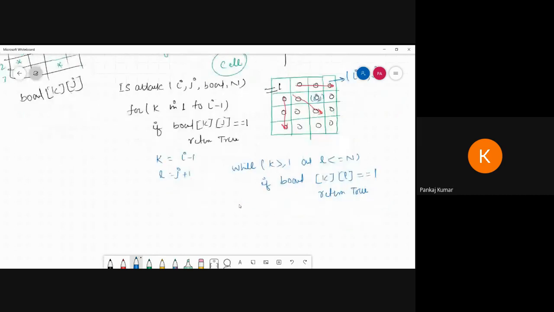After this I decrease the k value, k minus 1, and increase l, l plus 1.